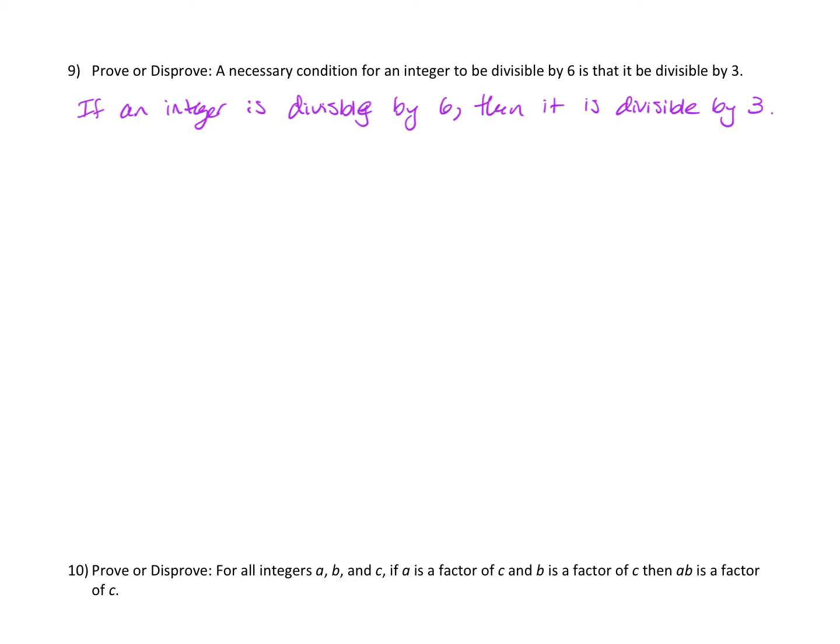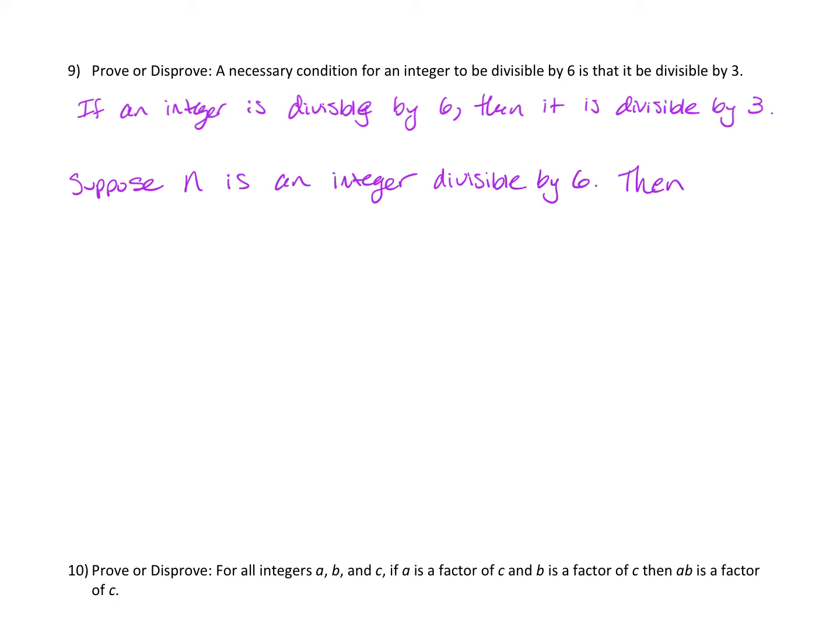All right, so if I want to prove this, I can suppose the if part. Suppose n is an integer that's divisible by 6. So I've supposed the if part of my statement. I need to show that n is divisible by 3. I need to show the then part. Okay,